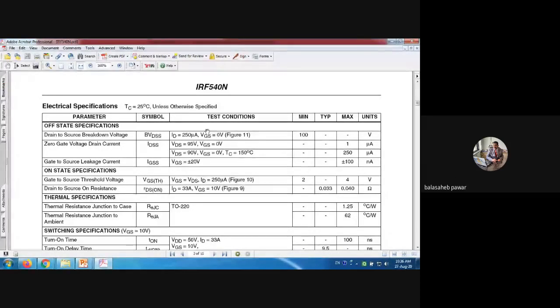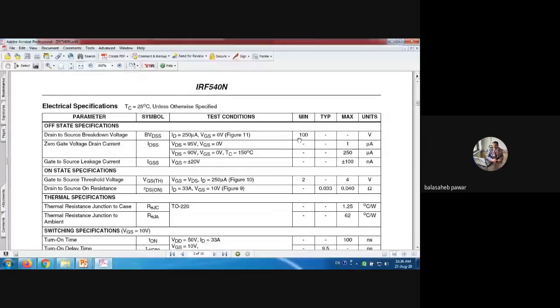That means whenever we keep the gate drive pulse at 0 volts for 48.2 microseconds, during that period, should the transistor remain in conduction or in off state? What do you think? Off state. It should remain in off state, right? But it will remain in off state depending on what? How much drain voltage is available? Our drain voltage, minimum we can apply is 100.